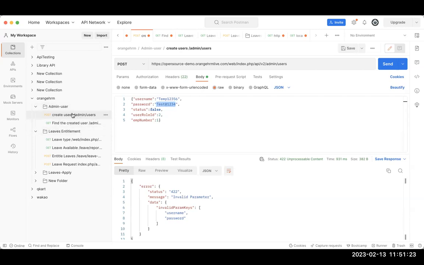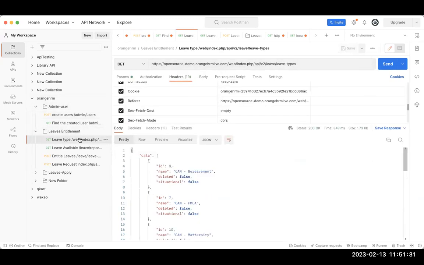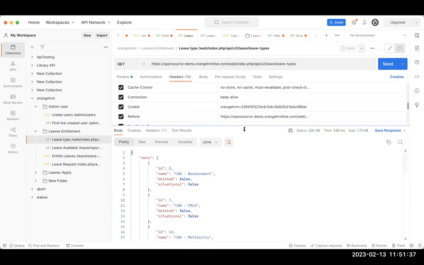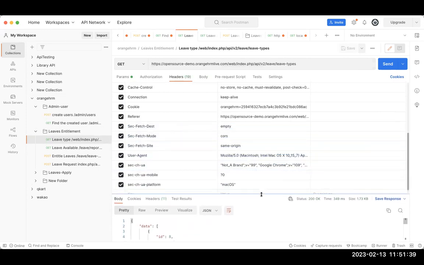Okay. So right now what we did was the admin user creation, the new user creation. Now we'll look into this. This is basically leave types. Like I showed you on the UI as well, there could be different types of leaves